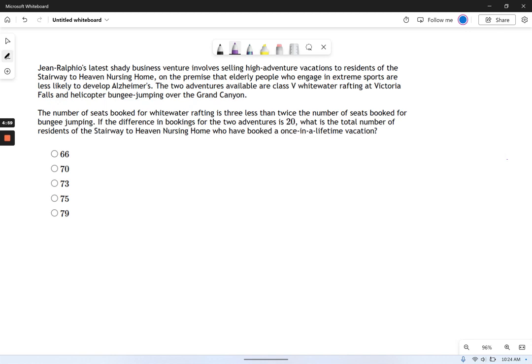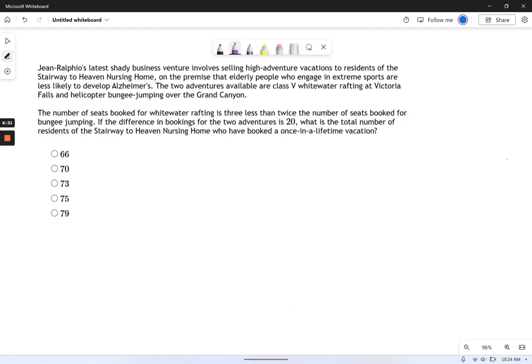What we have here is another example of systems of equations. And the way I can tell that this is a system of equations is because I have two basic ideas here. I have one idea, which is the number of tickets sold for one of these two vacations. And the other idea is the number of tickets sold in one compared to the number of tickets sold in the other. So I'm going to try to make equations out of these two ideas.